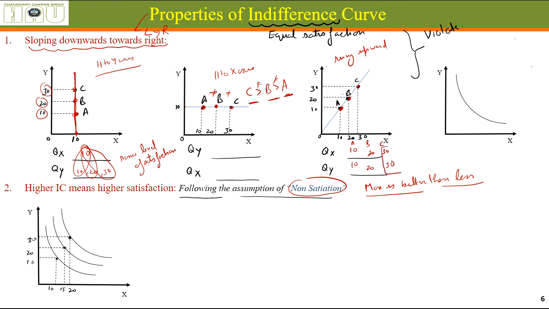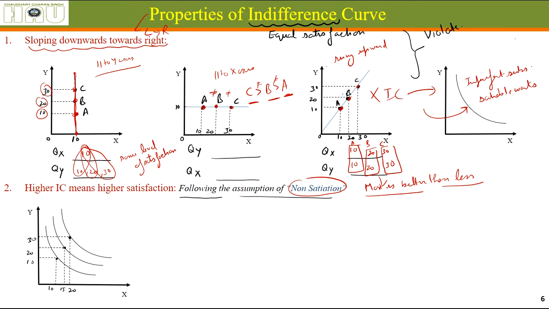So naturally, by the assumption of non-satiation that says more is better than less, these 3 points cannot lie on the same level of satisfaction, because more of a good means more satisfaction. So this cannot be the shape of an indifference curve. What remains is many other shapes, but for the time being we are going to negate these 3 and establish that the shape of an indifference curve is generally downward sloping towards the right, because goods are imperfect substitutes and wants are satiable ones of a particular good.